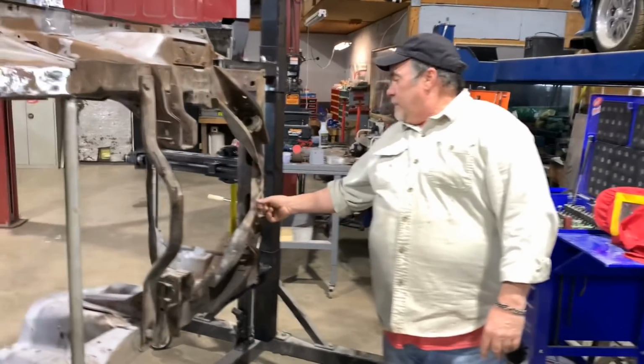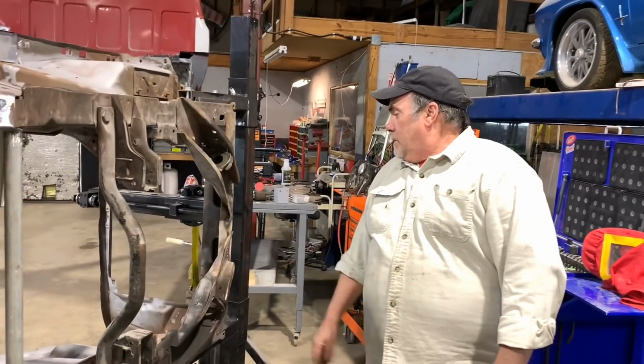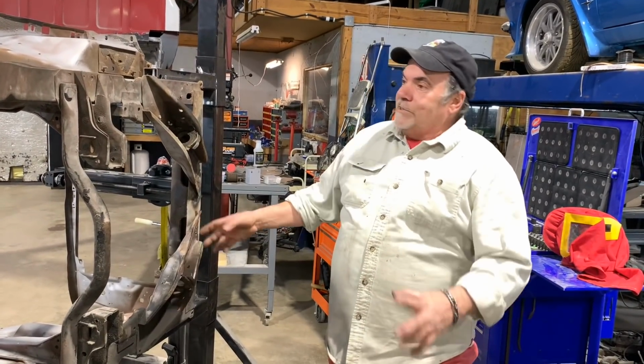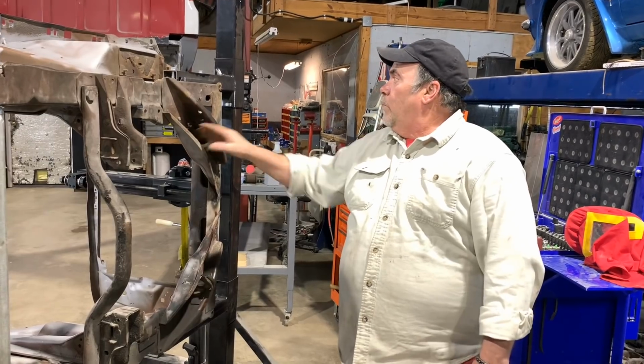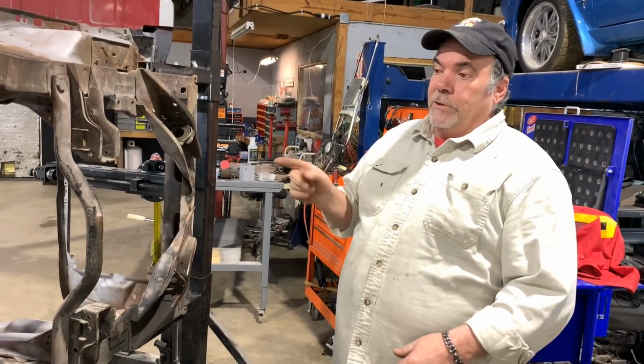One of these was bent pretty good. We just heated it and brought it back to where it needed to be. Kind of a structural part of the car, but it wasn't damaged to the point where it needed to be repaired, and these are no fun to replace anyway. So, but we'll get this all cleaned up, and then we'll be back on showing you this car,